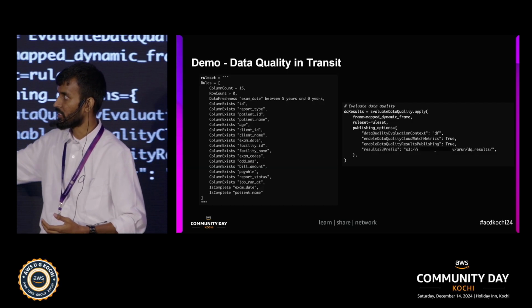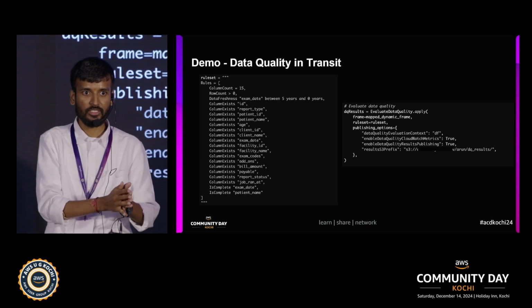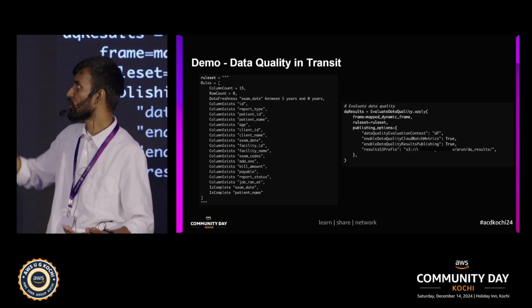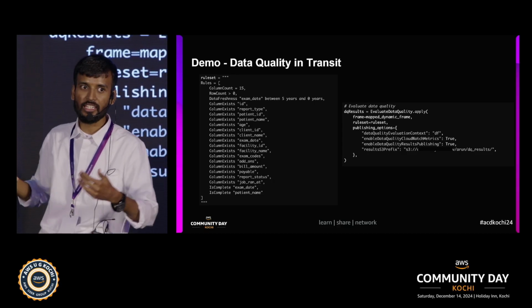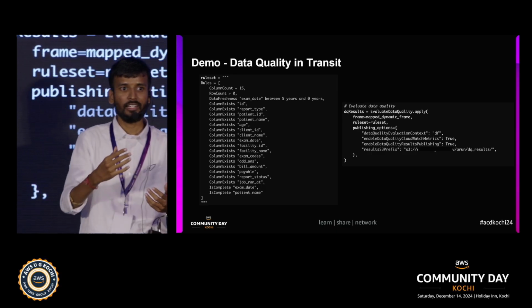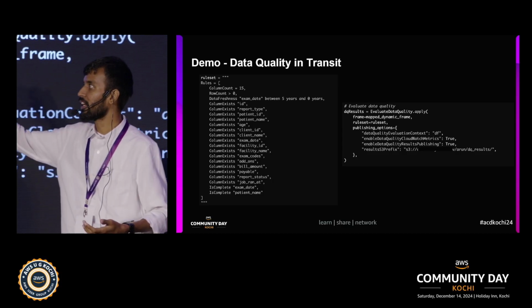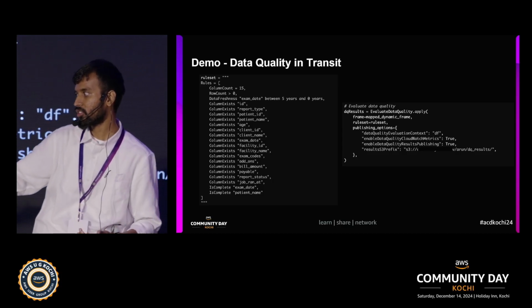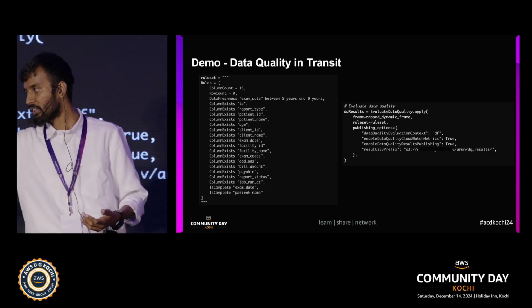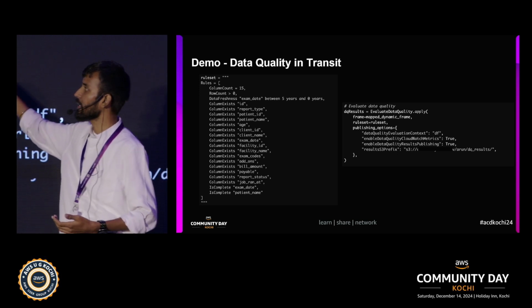These are the rules I recommended. If you notice, the data I am getting should have 15 columns. If it is more than 15 columns or less than 15 columns, it should fail. And row count greater than 0, so it shouldn't be processing an empty file. And also exam date. Exam date is nothing but when the patient took an exam. It should be between 5 years and 0, and all these columns should exist on the table. And patient name should always be complete. It shouldn't be null.